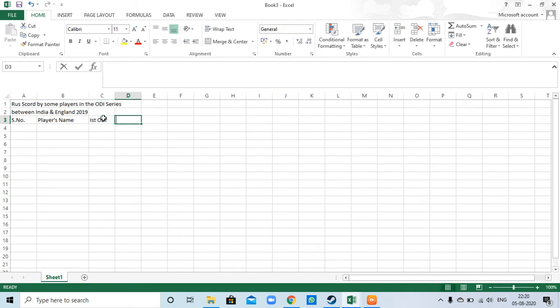Next is second ODI, third ODI, fourth ODI, total runs and average per ODI.